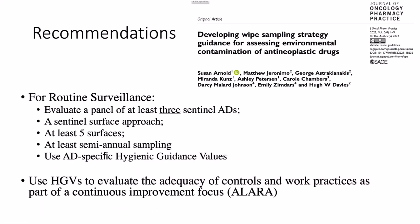Okay, so this has just been published this year in a paper by Susan and the rest of our team in the Journal of Oncology and Pharmacy Practice. And we made these recommendations. Now, there are limitations. Of course, this is one study. It's very specific to Alberta, Minnesota. But on our data, we basically said we think you should evaluate a panel of at least 3 drugs. You should use this sentinel surface approach on at least 5 surfaces. 10 gets you a lot more, is a good investment, but beyond 10 you get less of a benefit. At least semi-annual sampling, and we would recommend the use of these hygienic guidance values over simple